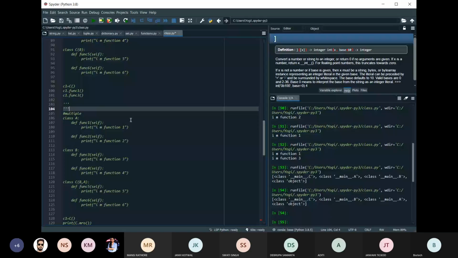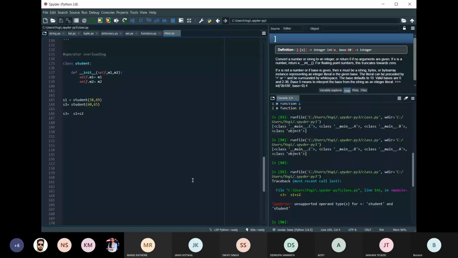Okay, so I am getting an error: unsupported operand types for plus, student and student. What is it saying? It is saying that we cannot add student plus student. It means we are adding two classes, and there is no such concept available in classes. Right?